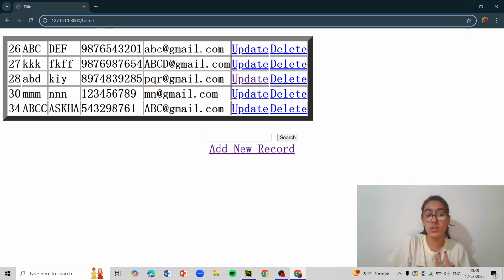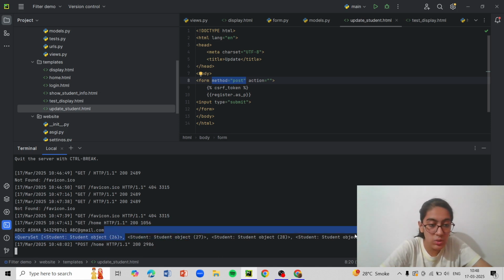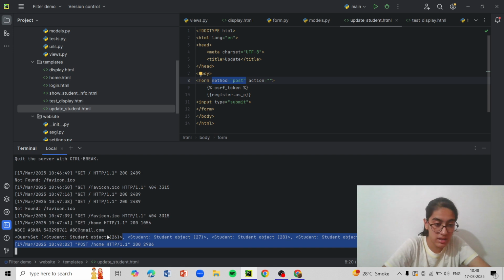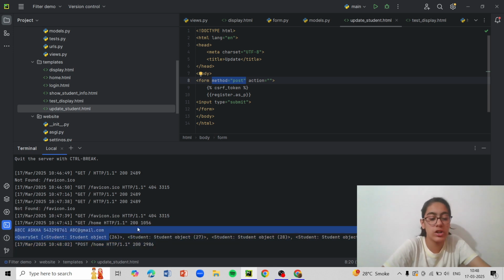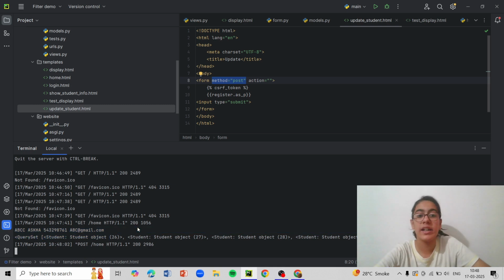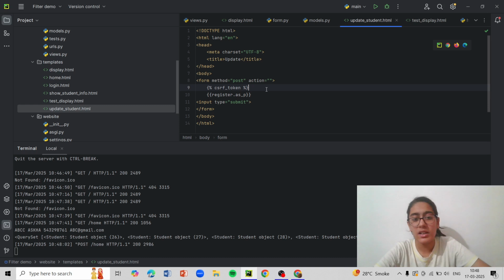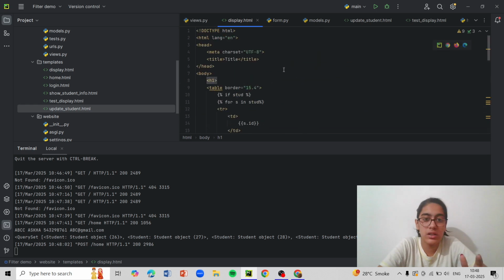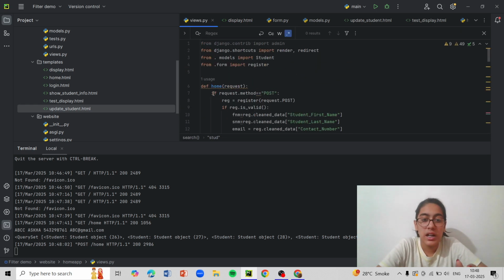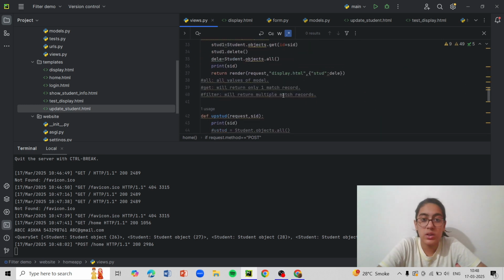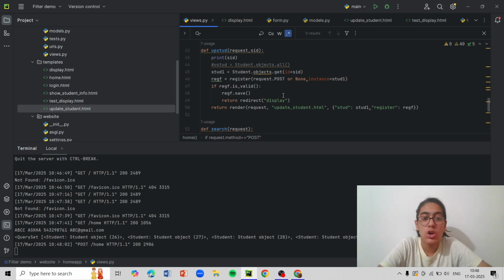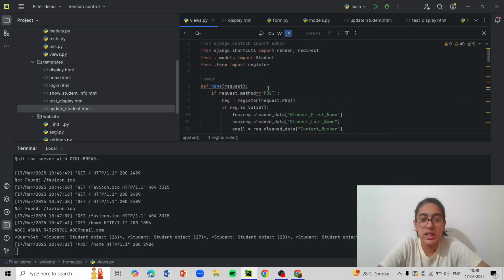If I used get, I would be seeing abcc/asd. I'd be seeing this whole thing, like you can see down bottom left corner, this is what I'd be seeing in the URL itself. But right now, since I used post, I won't be seeing it. Now if I could, I would change the post to get and show you how we see that, but to change it I'll have to change it in various other places as well. Like in views I have if request.method post, and then over here also I have various places I use post. So all of the places I'll have to change to get. That will be a long process.